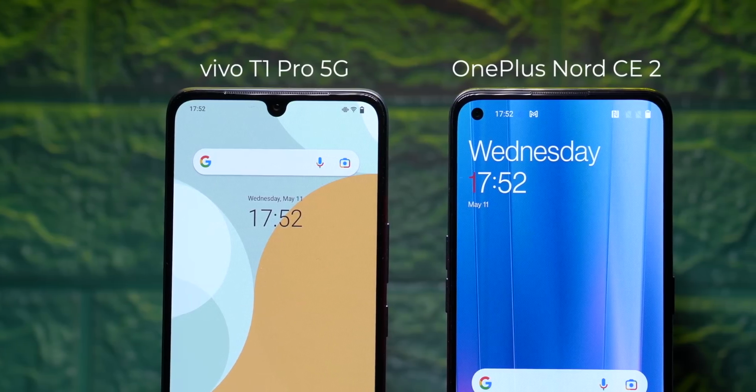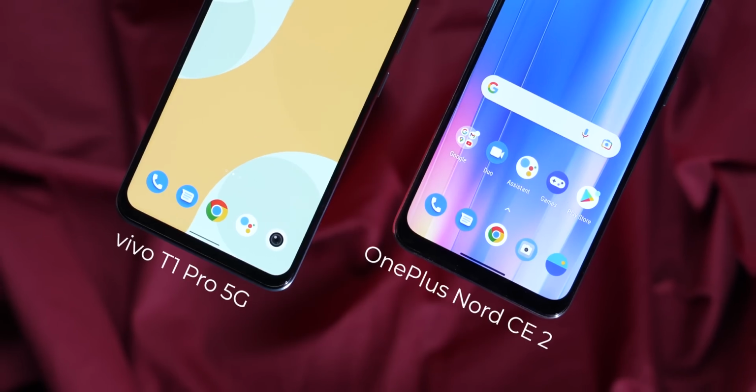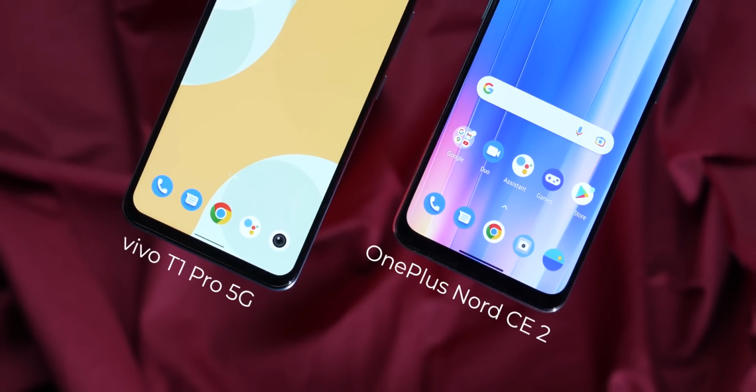Now coming to the displays, the first thing that I noticed, of course, was that U-shaped drop notch on the T1 Pro 5G compared to the punch hole on the OnePlus Nord CE2. But interestingly, of course, the T1 Pro 5G's chin is slightly smaller compared to the Nord CE2. Now, while I do prefer a punch hole, I don't really mind the drop notch on the T1 Pro 5G